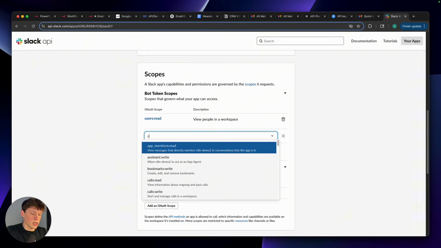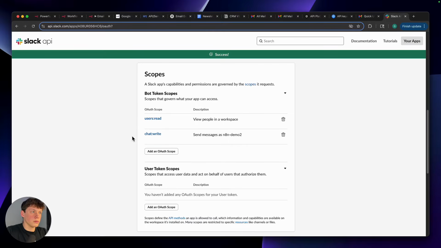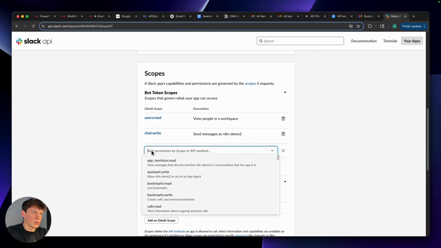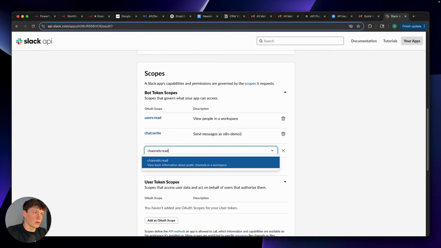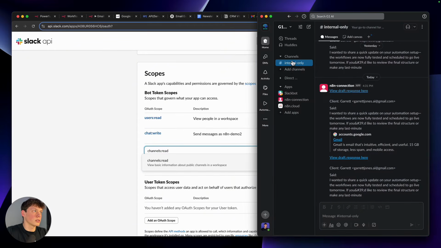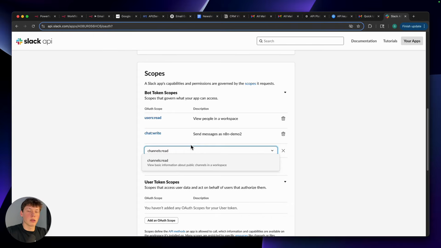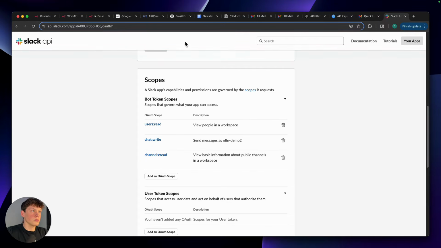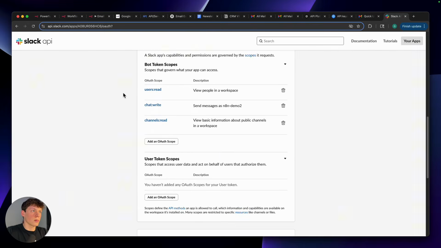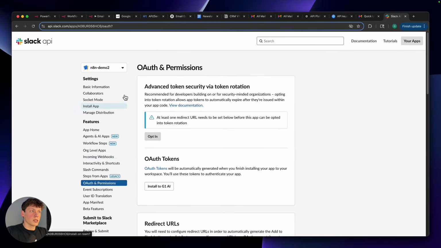Then we need to add chat write. We can send messages as n8n demo. And then channels read, I believe. And this just lets it see different channels or different conversations inside of Slack. So you can see that here. If we want it to be able to send in a channel, we need to be able to read the different channels that we actually have. So I'll add those three, get that confirmation at the top, and then we'll scroll back up to the top,